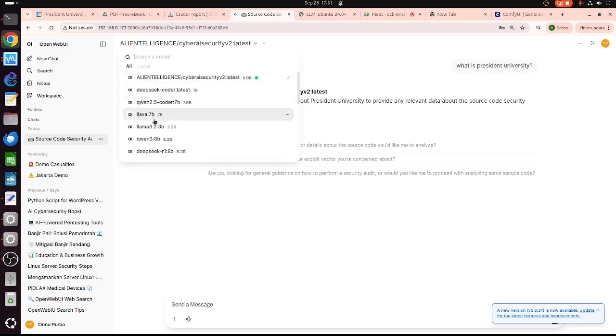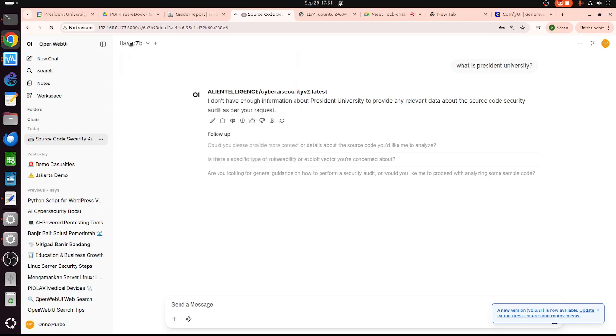President University. This particular model, Llama 4, is designed for generating image or video, I forgot. But I don't have the courage to use this one because I know I need a big GPU. I don't have enough GPU. What we need to play around with is, if we have several GPUs running on a server, can we maximize the use of the GPUs? I think we can. So I need to play around with this with bigger GPUs. Okay.